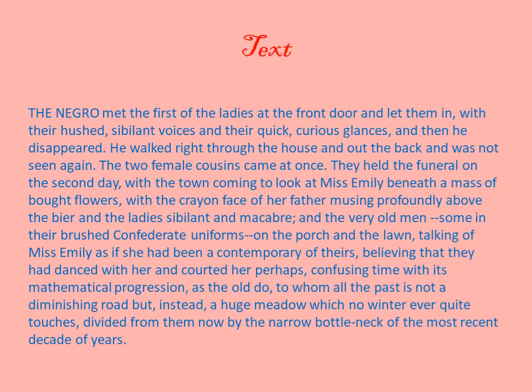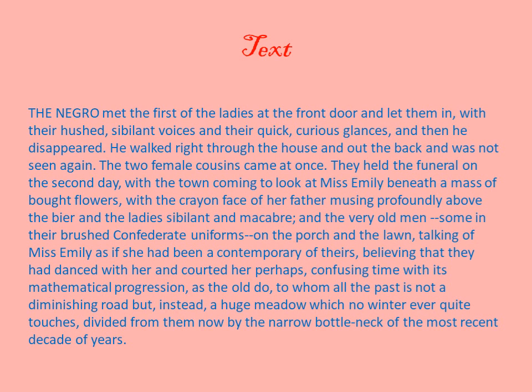So for them, the past is not a diminishing road, but a huge meadow. They can just pick up incidents from the past as if they had happened a few days back. Instead of taking time as linear as a road, for old people it's like a meadow where they can pick and choose incidents from the past as if they belonged to a very near past, and they just get confused with the time,